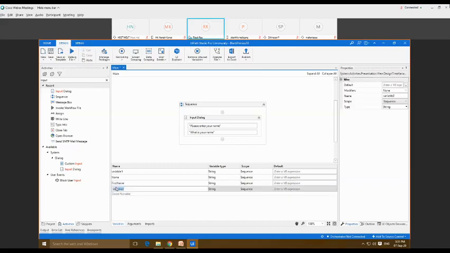Next, let me create one more variable. I'm going to create the name last name. So this is again our third variable. You can see here we have created three variables: name, first name, last name. Suppose that at any point of time the variable with the name is not required, then how can we delete this? Again, we have two different methods.